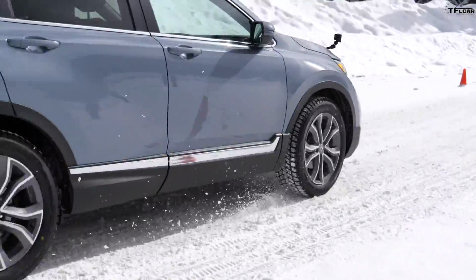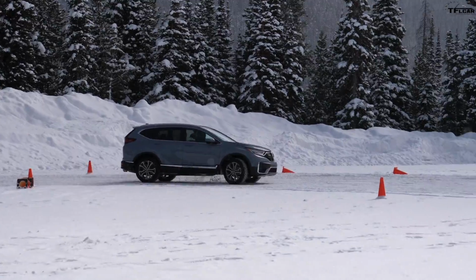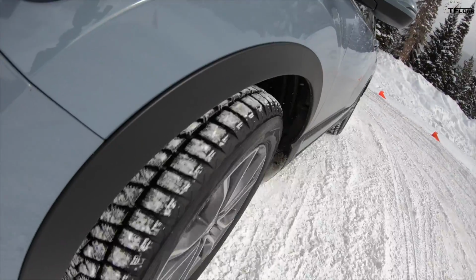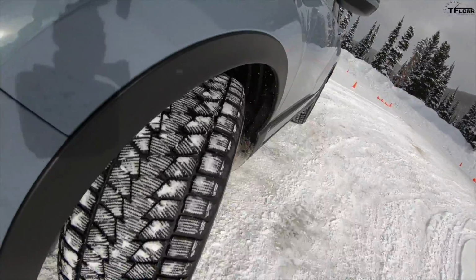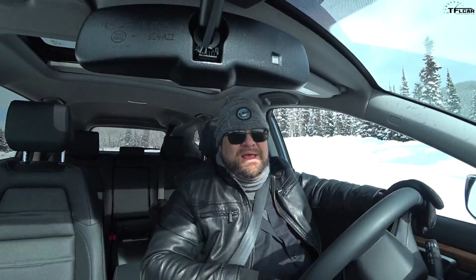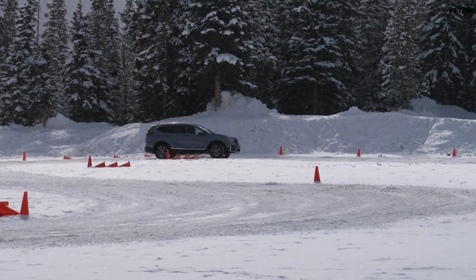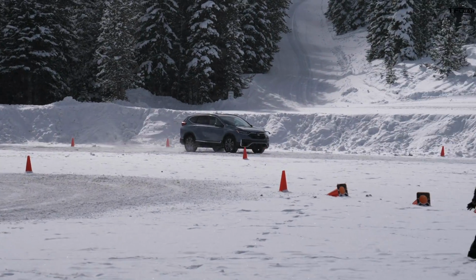Foot's all the way down. It was already going, there's slippage. So I'm turning all the way, there's the rear end, it kicks in. Turning, slipping, there's the rear end, it kicks in. It's seamless, even in conditions like this. I'm slipping, there's the rear end, it kicks in, and oh, look at that, almost,